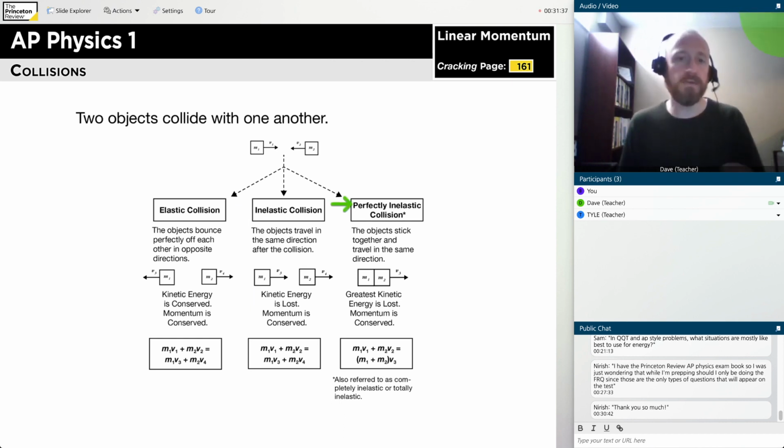And then this third case is actually an extreme form of that second scenario of an inelastic collision. And we call this one, oh, you're welcome, Narish. We call this one a perfectly inelastic collision. So perfectly meaning completely or totally no rebound. So in other words, the two objects collide and then they stick together and move off as one larger mass now, as we're trying to show here. So momentum is conserved, will be for all of our collisions, but we've got now the greatest kinetic energy loss